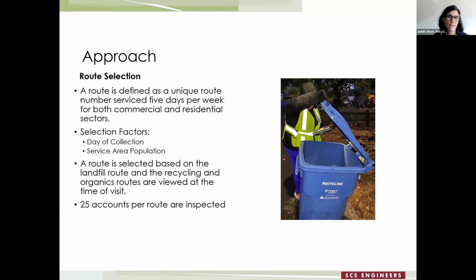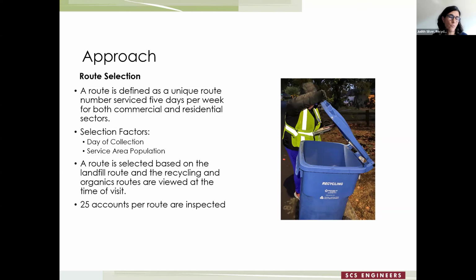We also had to think about the fact that we couldn't just grab the most convenient 25 accounts, because we want to make sure that each member agency is represented kind of based on population. Let's say if we grab the most convenient 25 routes in Walnut Creek, but that's at the end of the route and we didn't get anything from unincorporated, that wouldn't be fair to unincorporated. So we embedded a kind of population apportionment.